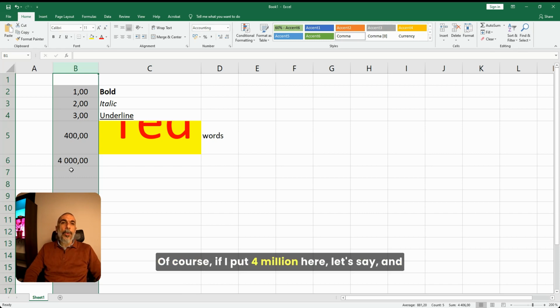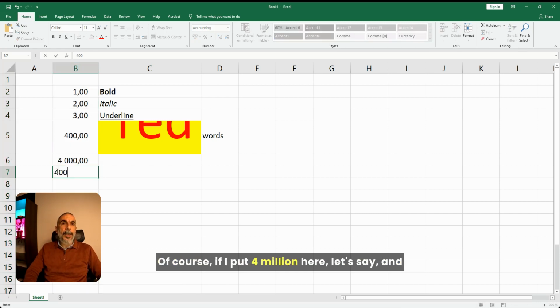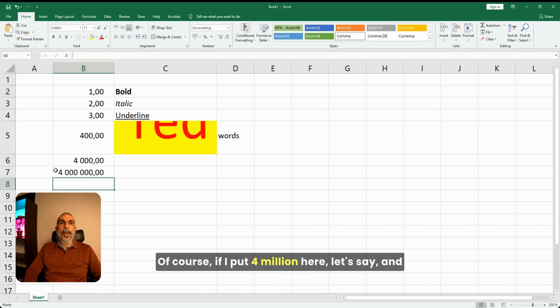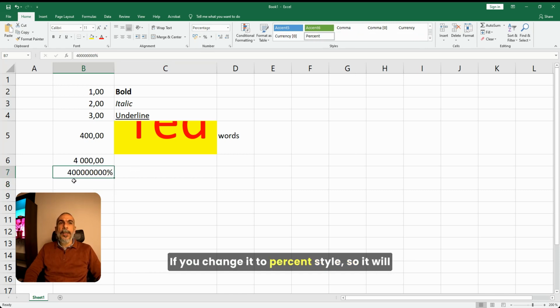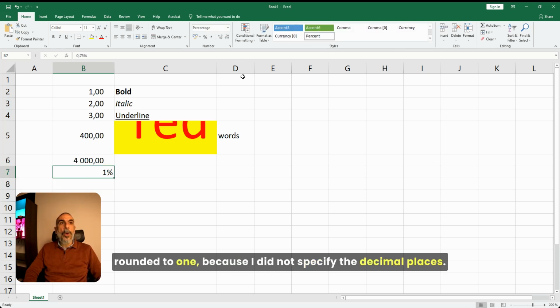space. Of course, if I put 4 million here, let's say, you will see that it's making a space every 1000. That's why we call it 1000 separator. If you change it to percent style, it will be like a percentage at the end. Of course in this case the 1000 separator will disappear. So if I put here 0.75, it will be rounded to 1 because I did not specify